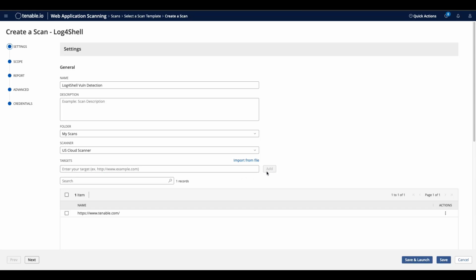It is important to note that we scan by FQDN, so if you were to enter in www.tenable.com as a target, even if we found links to outside web applications such as youtube.com or google.com, we would not crawl and test those. However, if you have multiple applications that you wish to test, you can type in additional ones, or you can even import from a text file. Once you have all of your targets and a name, you can hit Save and Launch in the bottom right-hand corner.